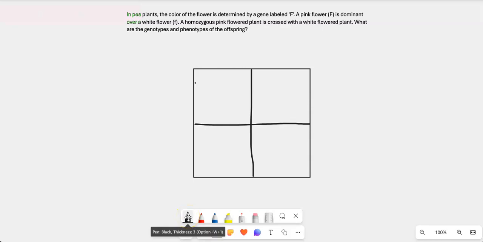Okay, so for this, I'm going to just show how to set up a Punnett square based on a very standard word problem that you would see on a high school biology exam. So our question is,